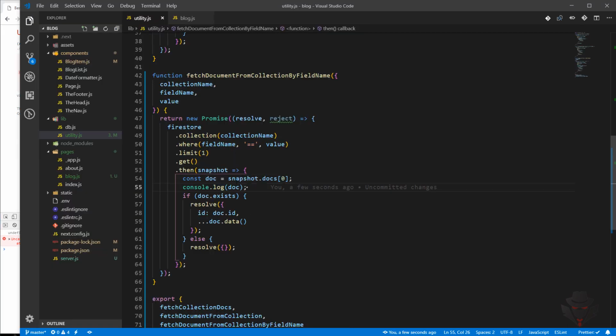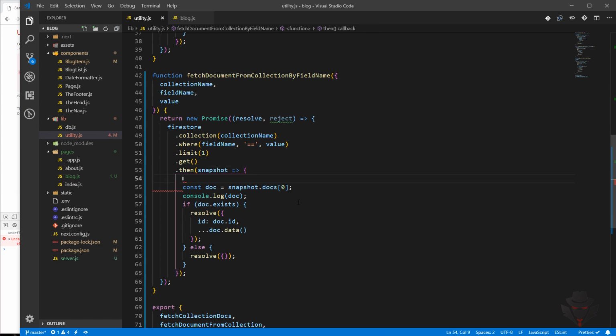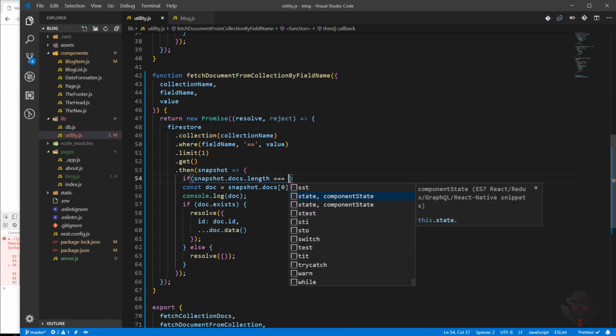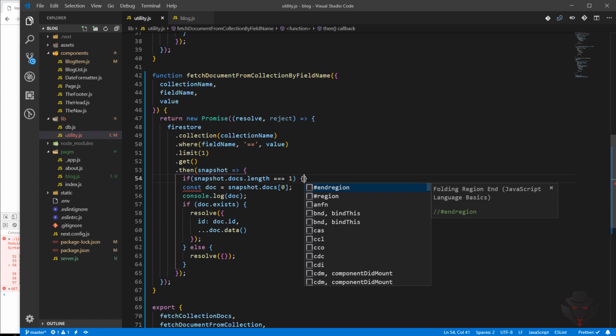I need to check that our snapshot.docs has got a value, otherwise nothing. So if I'm going to say that docs.length is bigger than 0 or equals 1, because we are only returning 1. So if it is 1, then come here